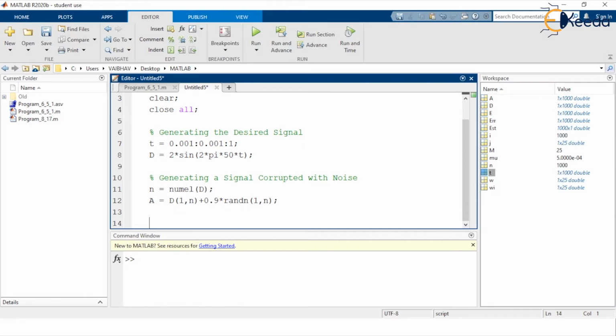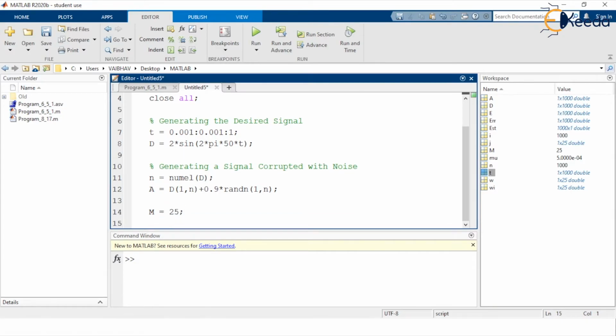Now it comes to the logic of the steepest descent algorithm that we have already seen in the third video of the same chapter. The chapter is adaptive filters here. We develop it here. So let us define the variable capital M to initially hold the value 25.